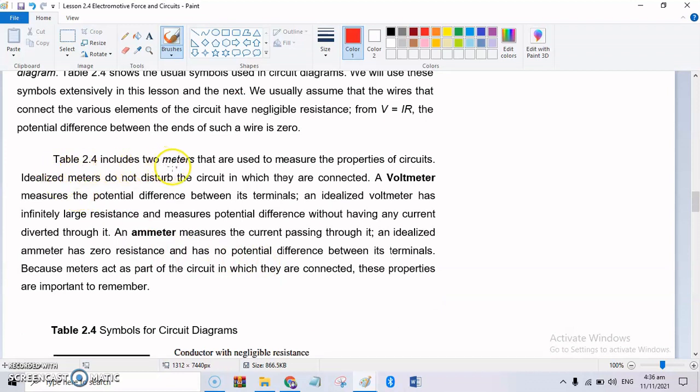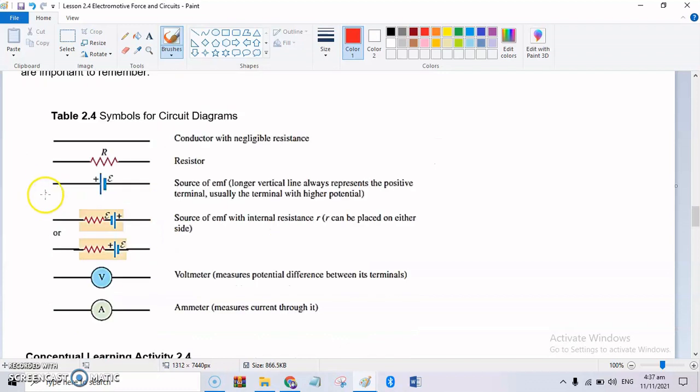Table 2.4 includes 2 meters that are used to measure the properties of circuits. Idealized meters do not disturb the circuit in which they are connected. A voltmeter measures the potential difference between its terminals. An idealized voltmeter has infinitely large resistance and measures potential difference without having any current diverted through it. An ammeter, on the other hand, measures the current passing through it. An idealized ammeter has zero resistance and has no potential difference between its terminals. Because meters act as part of the circuit in which they are connected, these properties are important to remember. We will talk all about voltmeter and ammeter in the next lesson, so please let's focus on this table 2.2 symbols